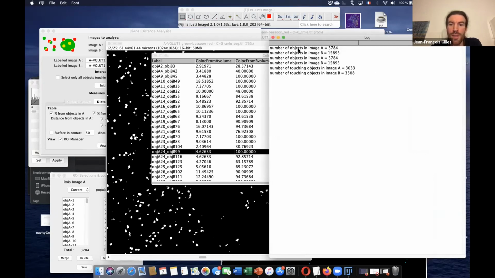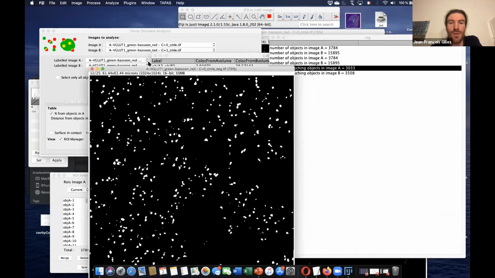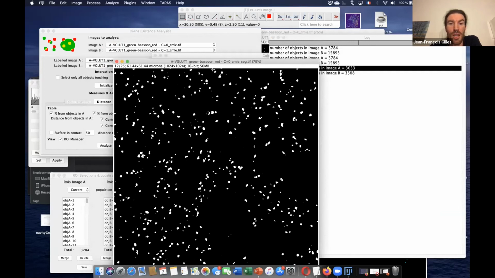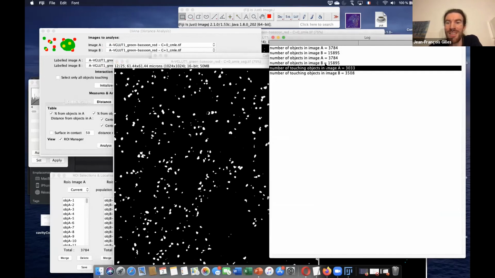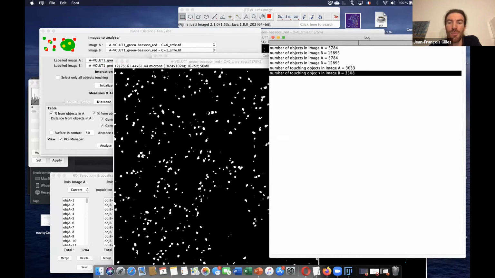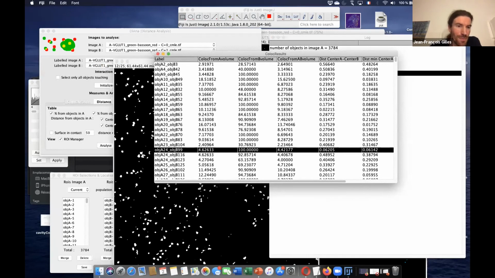We can see the number of objects in each population, its image, and the number of objects in the image A which are touching another object in B are 3,000, and the same for the other population.